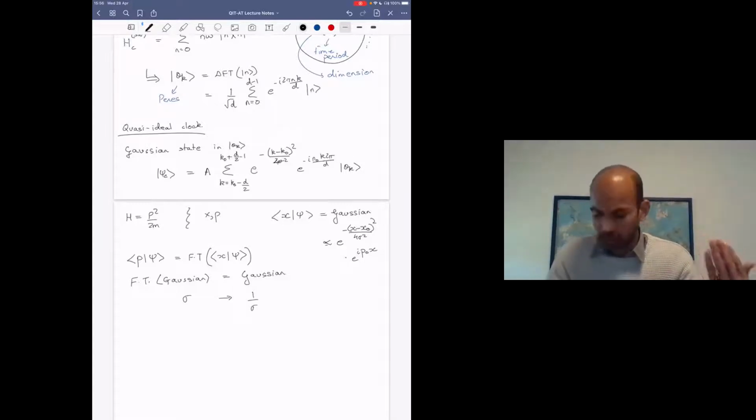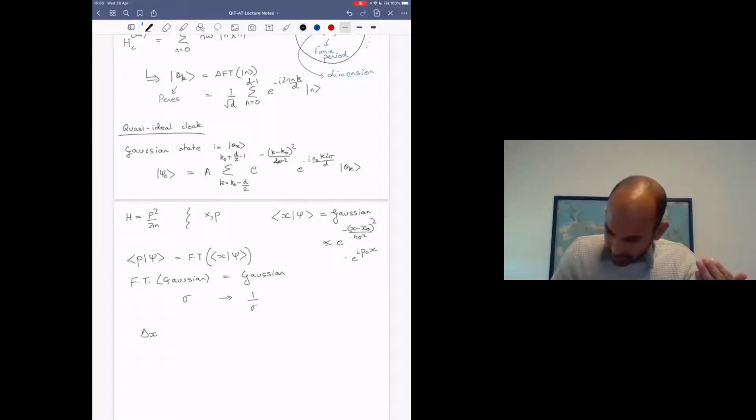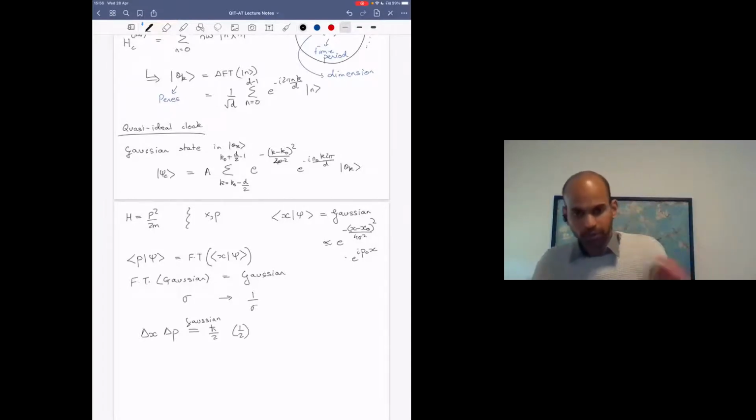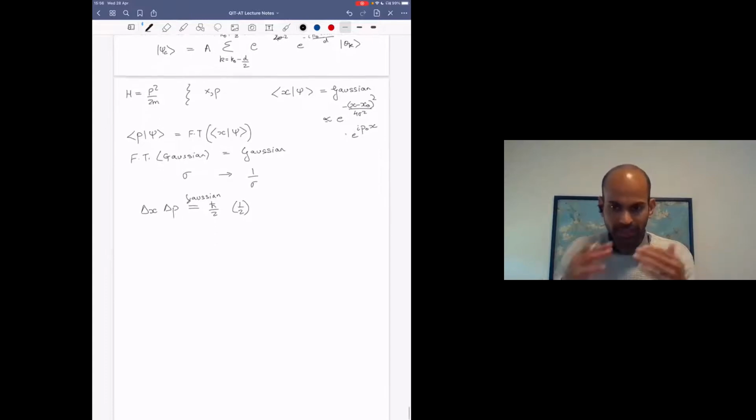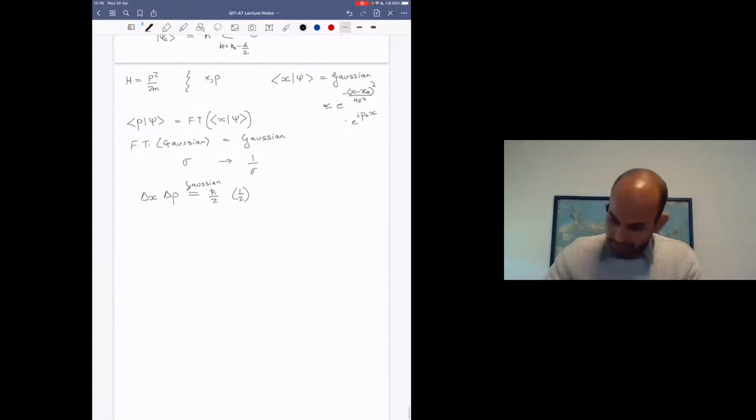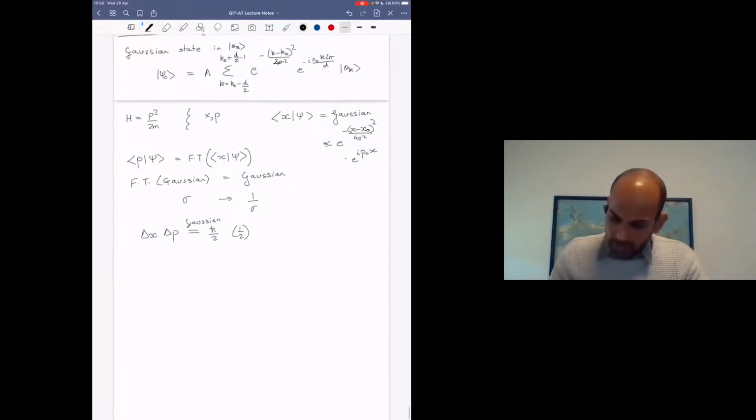And this makes sense because, as we know, delta x delta p for a Gaussian wave packet is actually equal to h bar over 2, or 1 over 2 if you take the appropriate units where h bar disappears. And so the variance in the x and the p must be inversely related to one another so as to satisfy this uncertainty relation. Okay, so the important thing about